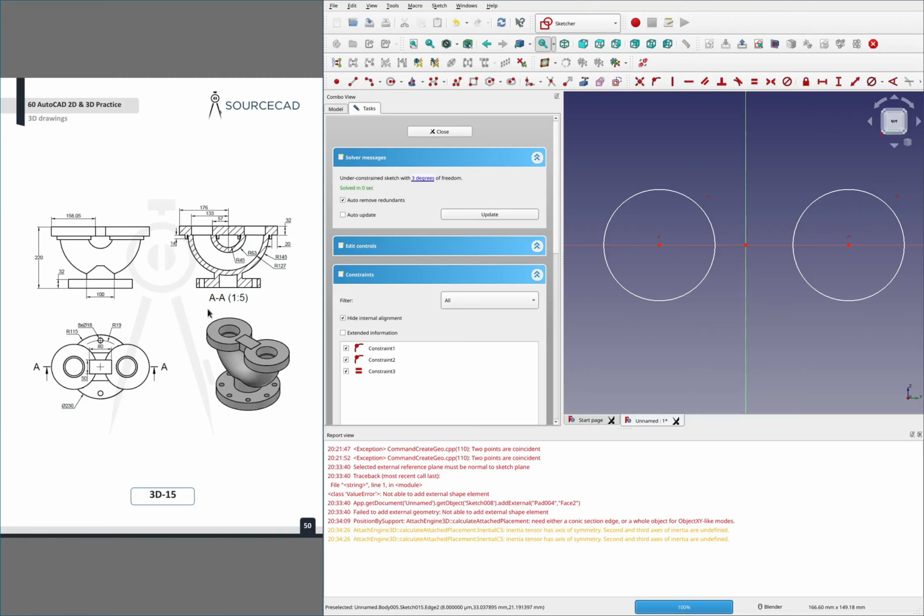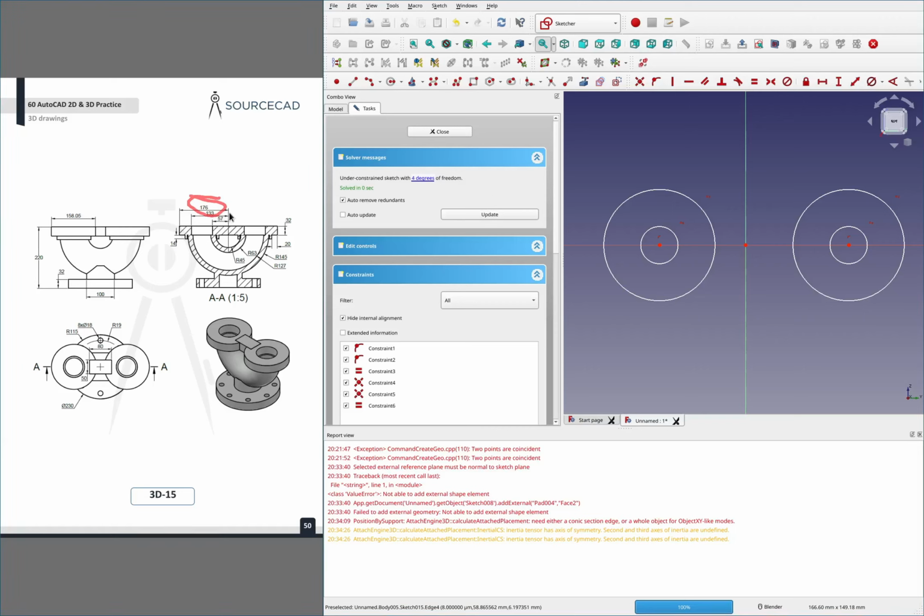Let's see. I guess they're dimensioning the circle using this 176 dimension, which is okay. We can do that. It's kind of odd. So once again, that's dimensioning to the outside of the circle. It's kind of awkward,